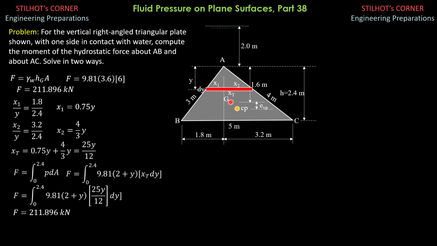So xg is simply 1/3 of the sum, or the average of the x coordinates. So 1/3 of 1.8, A, B is 5, and C is... XB is 0, then XA is 1.8, XC is 5. So moment BC is F times perpendicular distance from center of pressure to AB. So we just imagine that perpendicular distance, and we solve this perpendicular distance from the distance formula from a point to a line in analytic geometry.